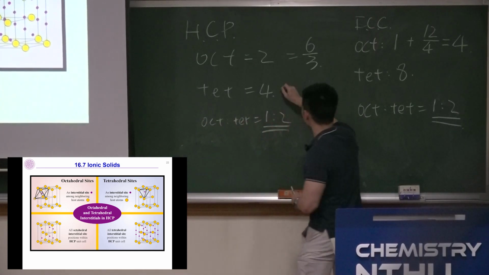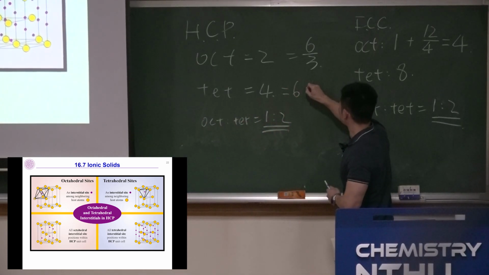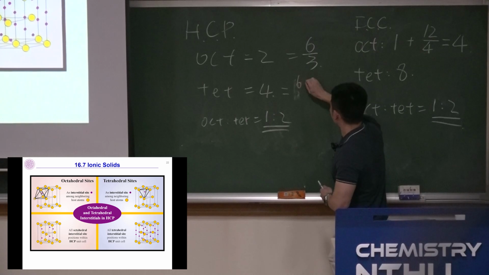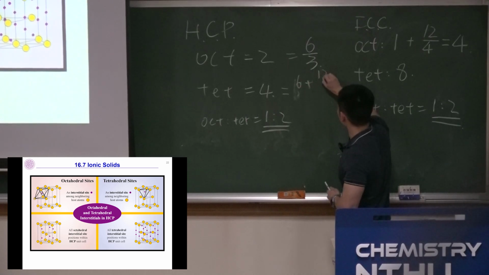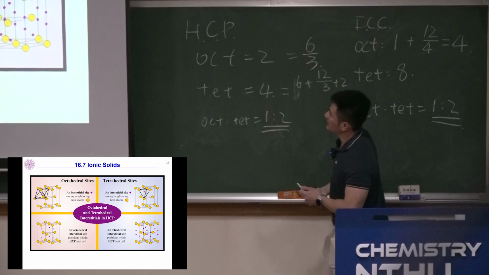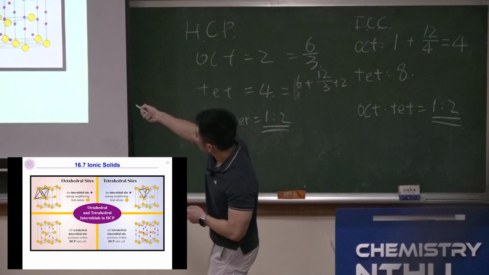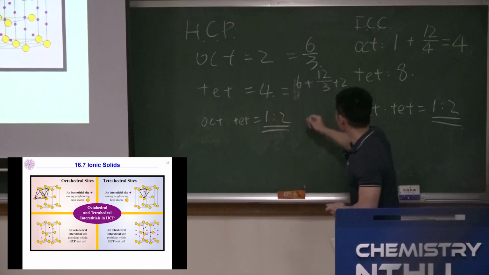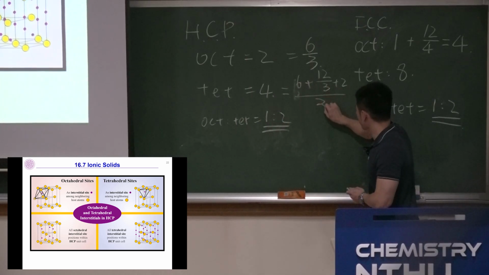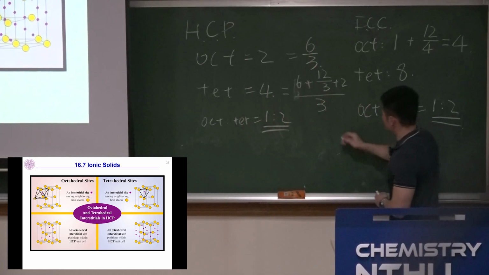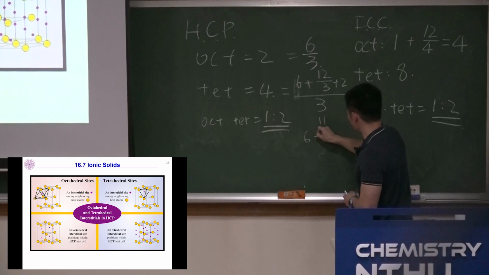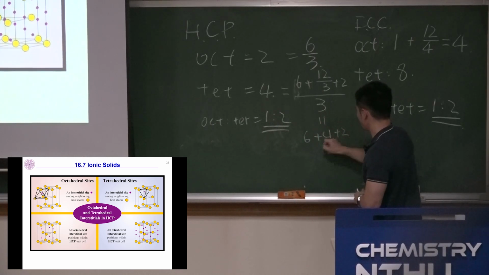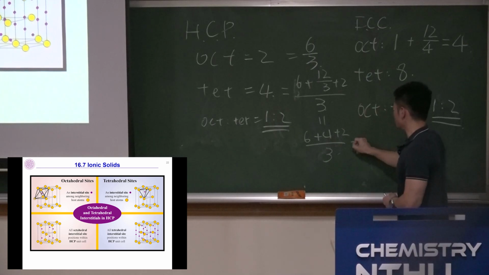So that will be 6 plus 12 on the edge, and each edge is shared by 3. And we have 2 inside the dumbbell here. And this whole thing is divided by 3. So this will be 6 plus 4 plus 2 divided by 3. That will be